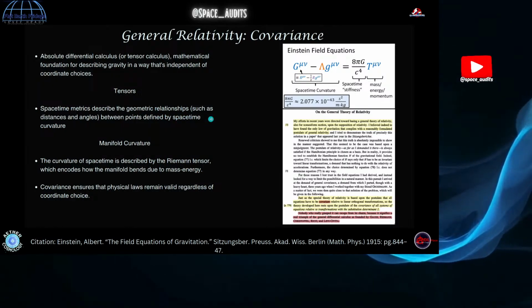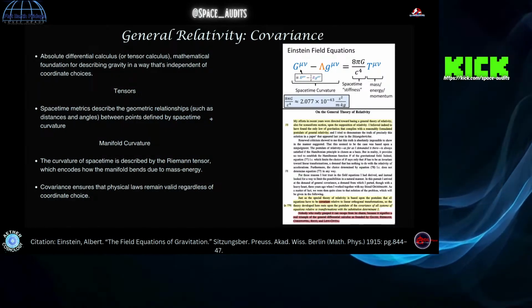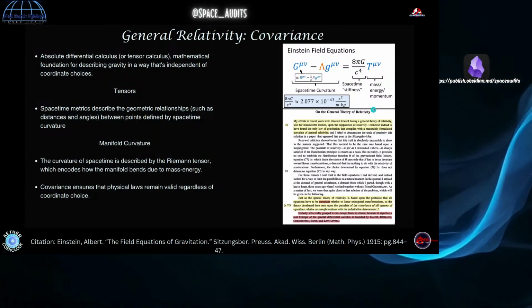Then when we get into the field equations for the general theory, proposed in 1915, one second,